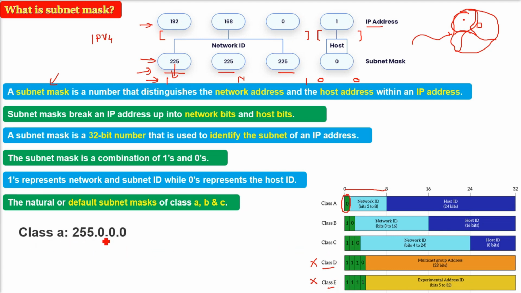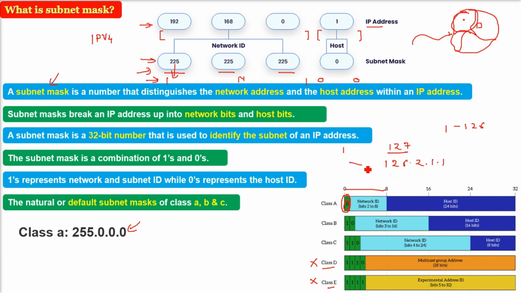So class A: 255.0.0.0, this is a class A subnet mask. So the first octet is signifying that the first octet is for network, others are for the host ID. For example, class A is 1 to 127. 127 we don't use because it is loopback. So 1 to 126, that means this is the IP address of class A, and there is a proper subnet mask which is